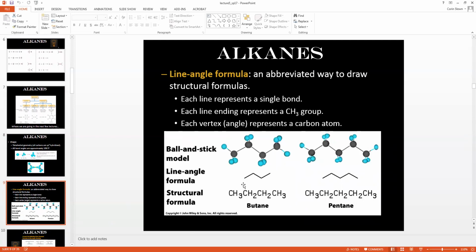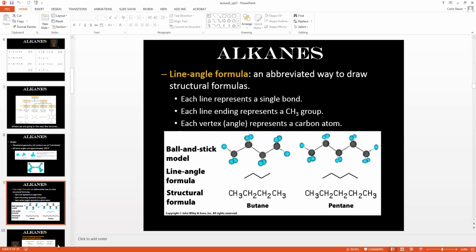Those are implied or implicit. So here you have the ball and stick model. Here you have the line angle formula. You have the structural formula and then the names below. You're probably most familiar with drawing the structural formula, but from here on out, I want you to practice using